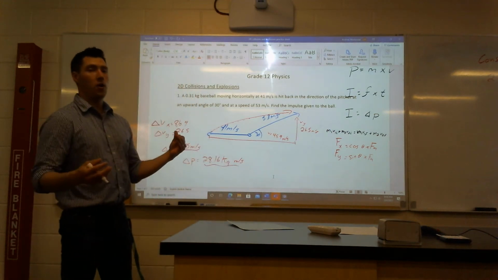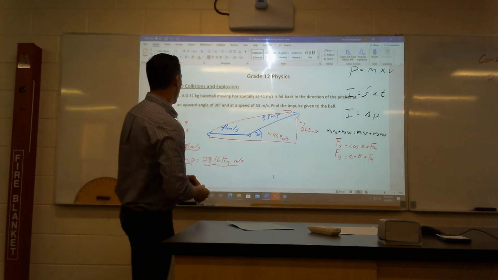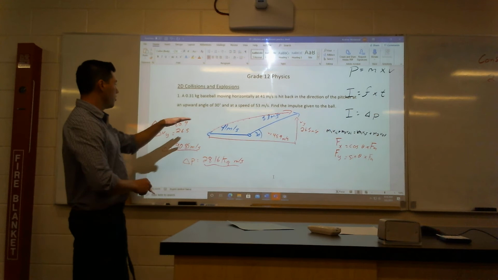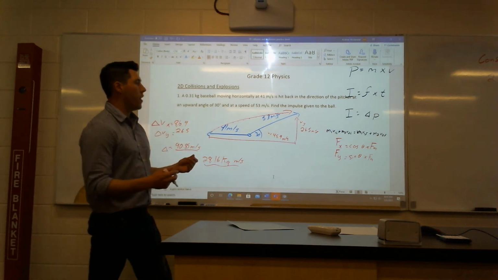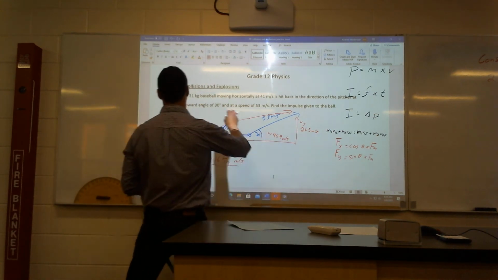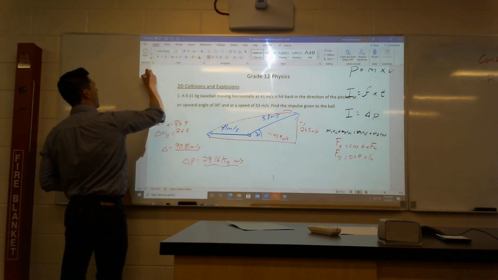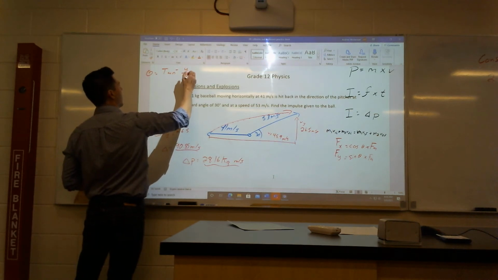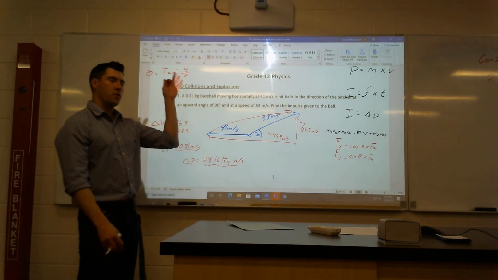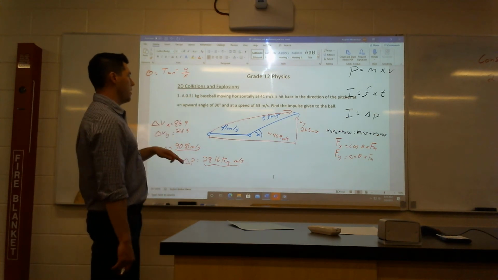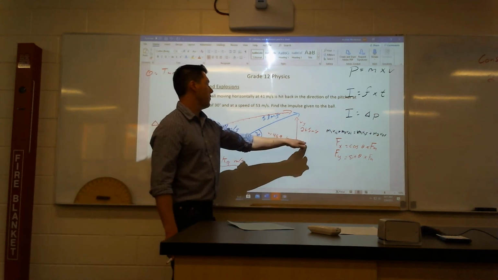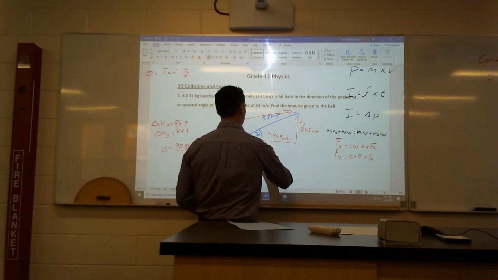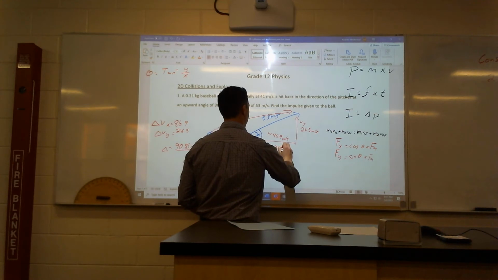Now let's just find the angle that it actually changed at. Again, to do that, we're going to take these two components, okay? Because what was my change in x, my change in y? Okay, how do I find an angle again? Just a reminder, I'll put it over here. To find the angle, it is inverse tan of y over x. Y being your north and south direction, x being your east and west direction, okay? So I have 26.5 over